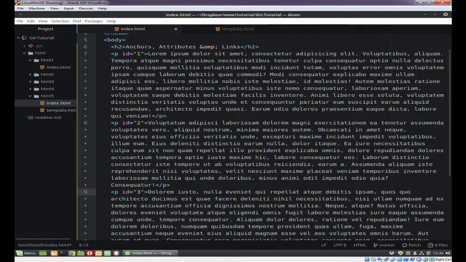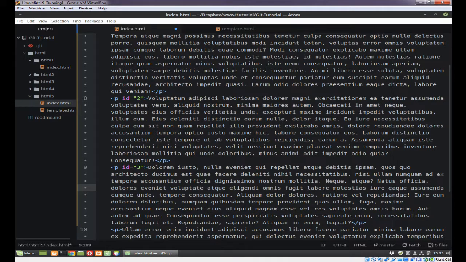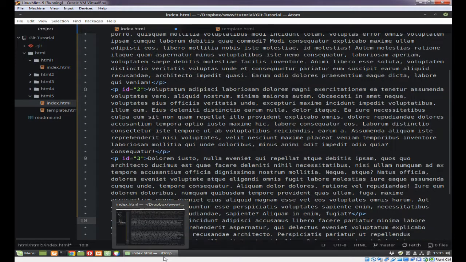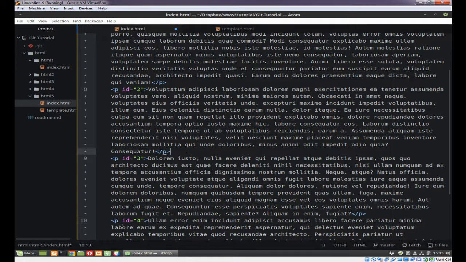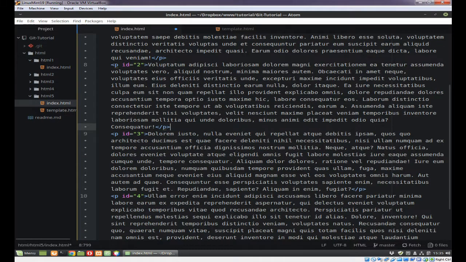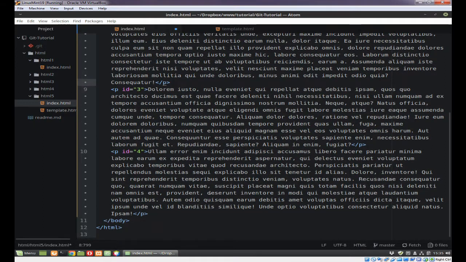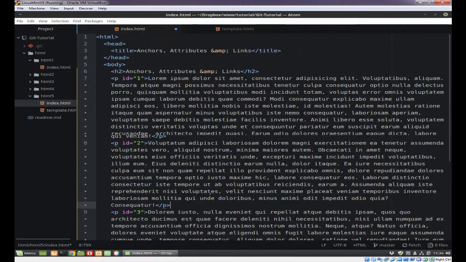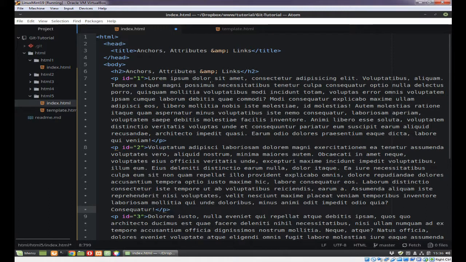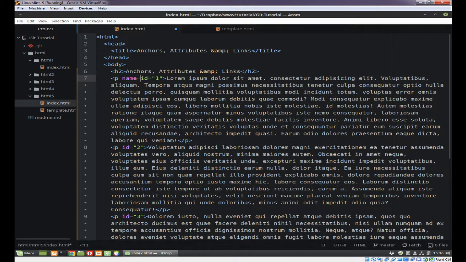3, and if we come down. Okay. So I've given each of these paragraphs an ID. Now that by itself doesn't make it into a bookmark. All it does is give it an ID. Now it's always a good idea, if you're using these as bookmarks rather than anything else, to actually give it a name. So what I will do is